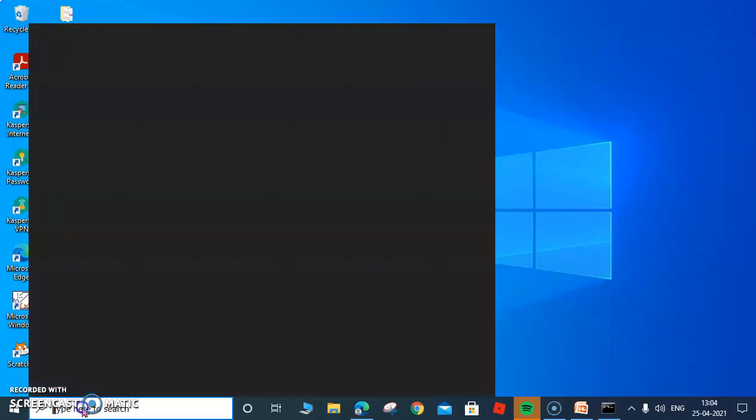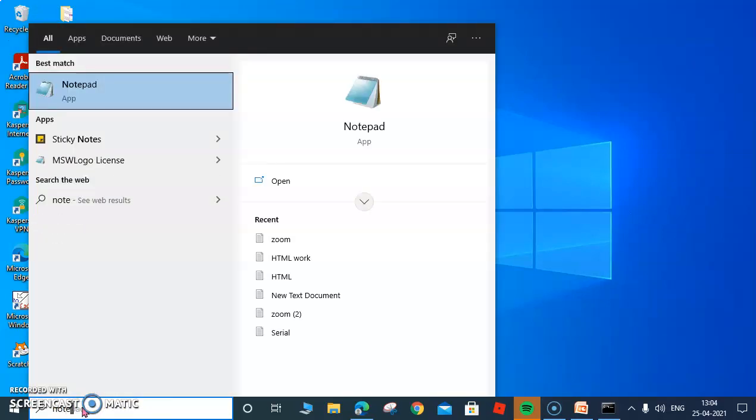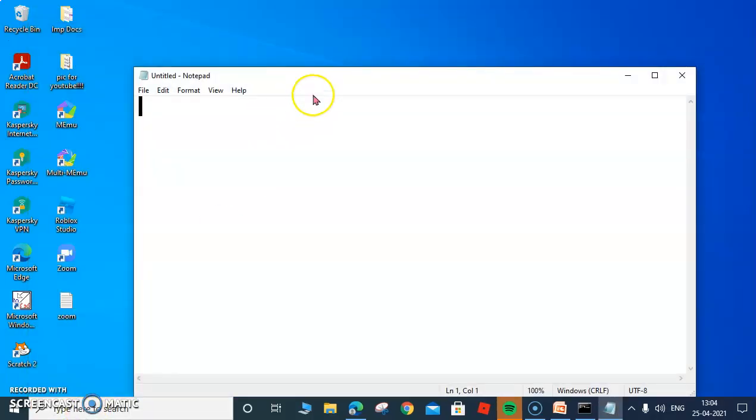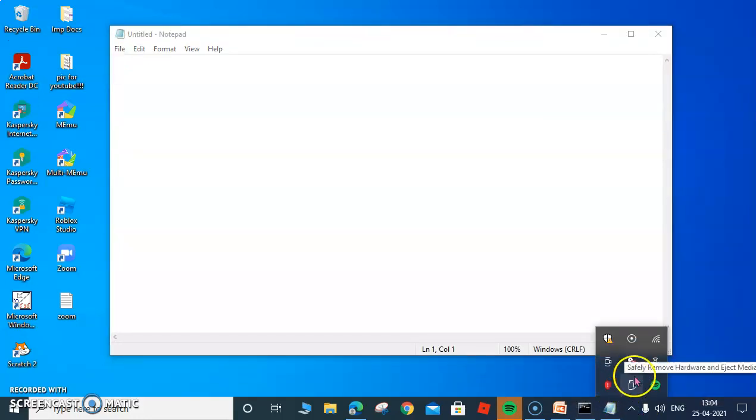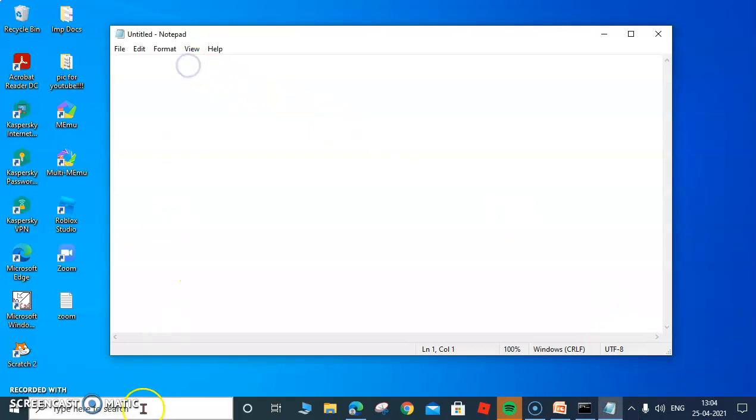Now open notepad, and in this notepad you will type your program. Now we know how to type a program like class test, and then inside this class test I have the main method,